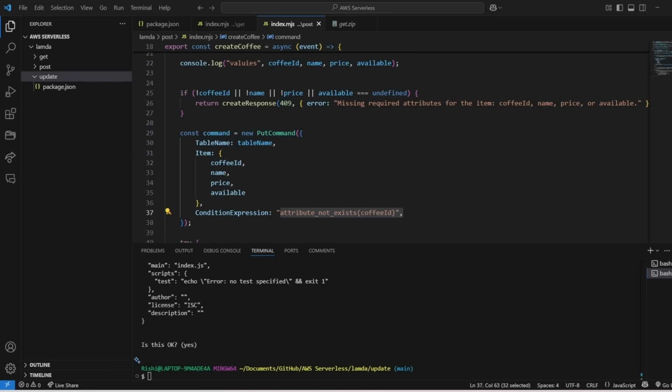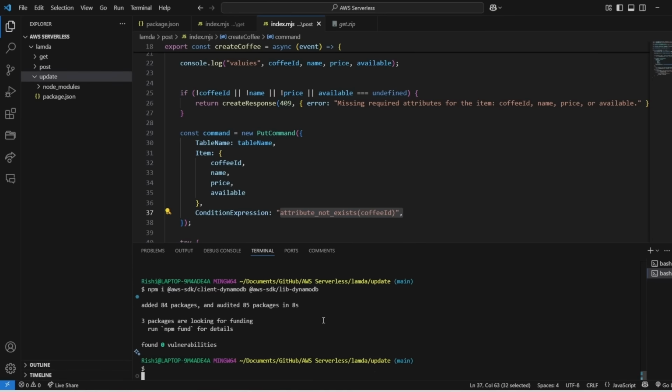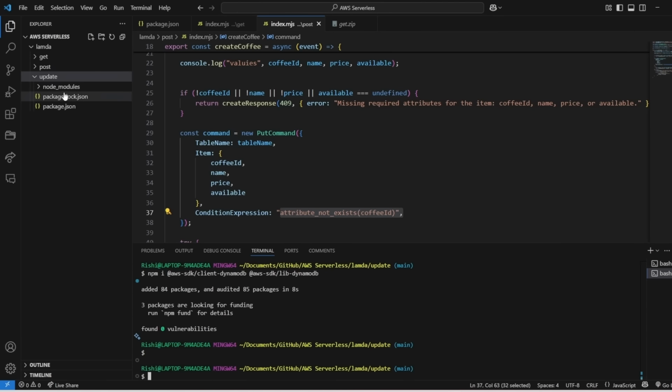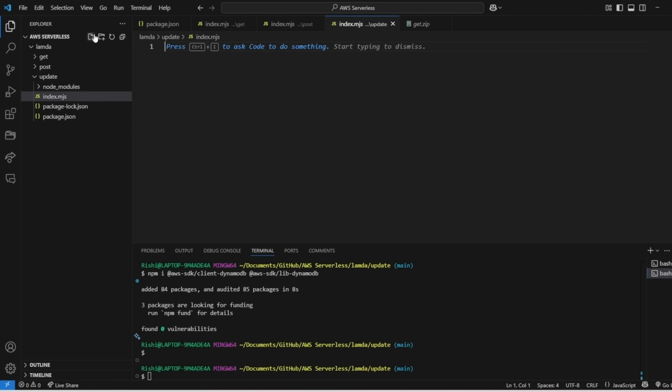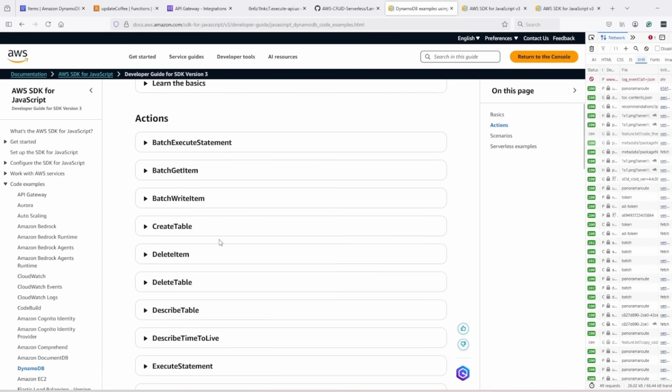Also install dependencies. Now you might be wondering that for each folder we are installing the same dependencies. So we will see how we can avoid it using Lambda layer. But first let's create all the functions. So index.js, and again go to the documentation, and here